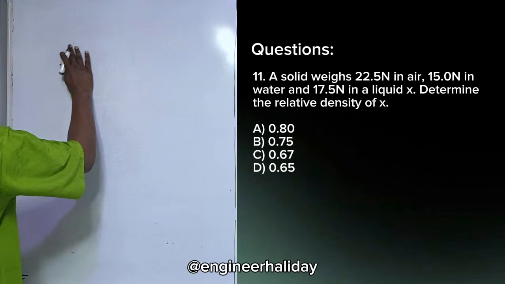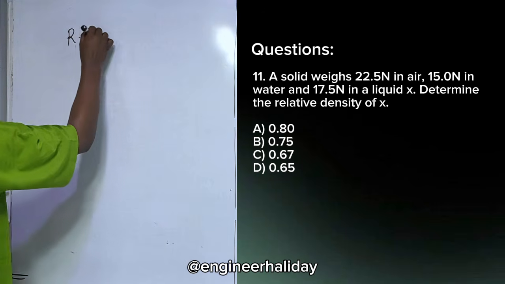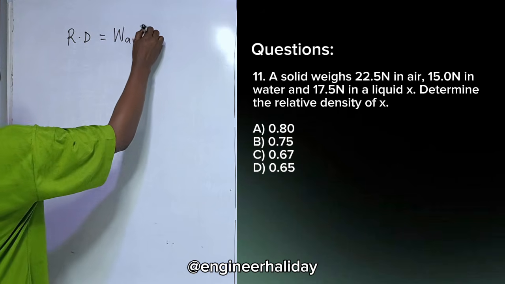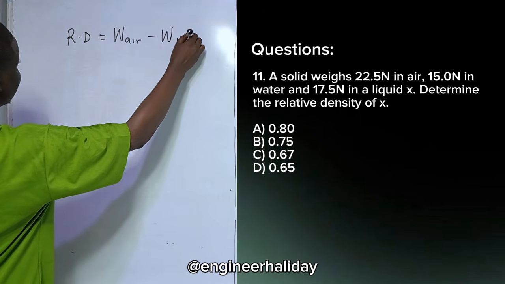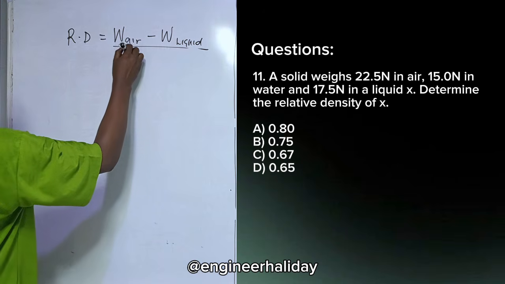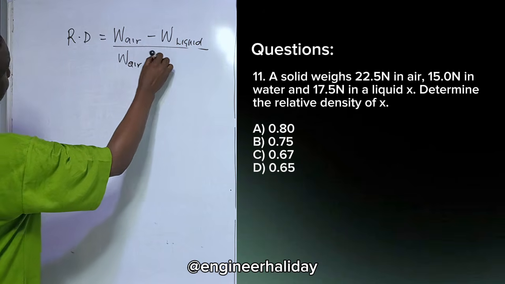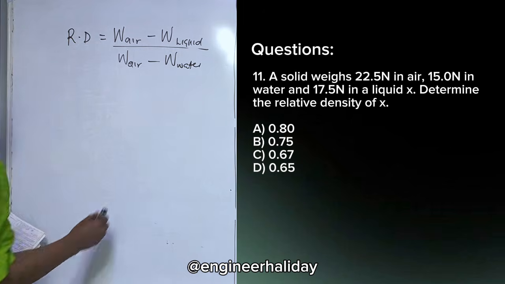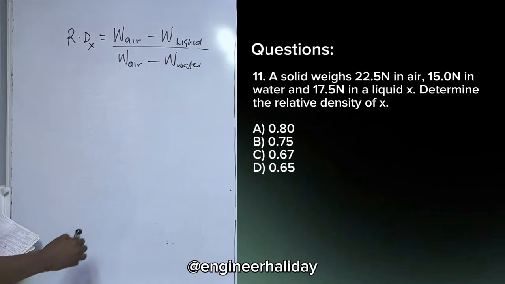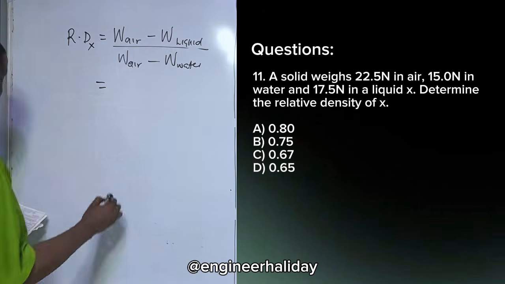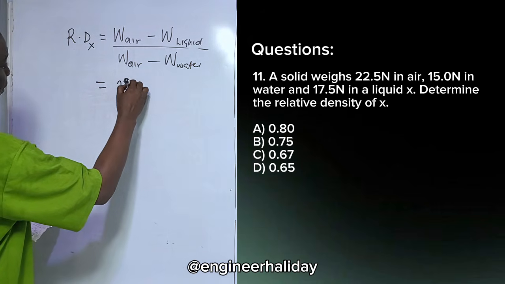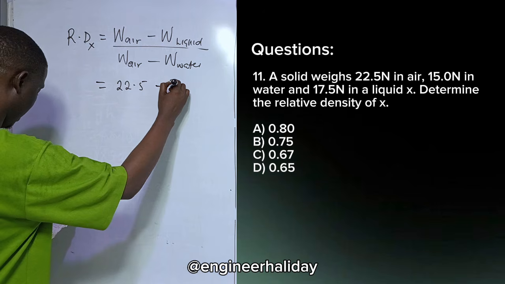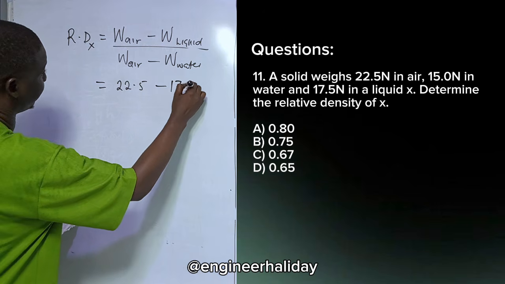Relative density is equal to weight in air minus weight in liquid, over weight in air minus weight in water. So that is the weight in liquid over the weight in water. That is the relative density of X. So we have the weight in air as 22.5 minus the weight in liquid, 17.5,